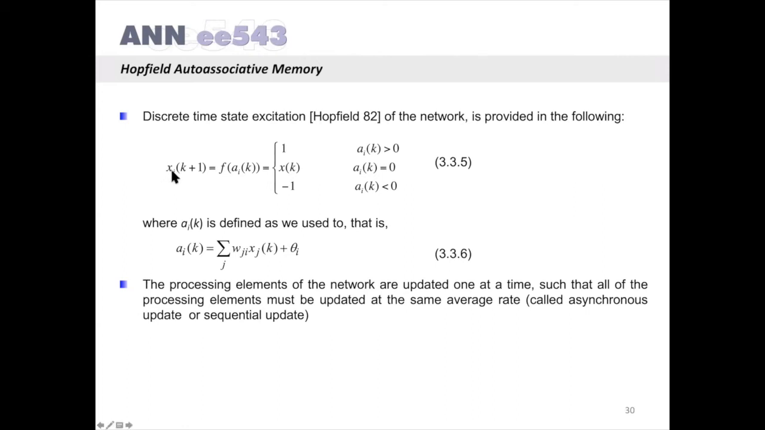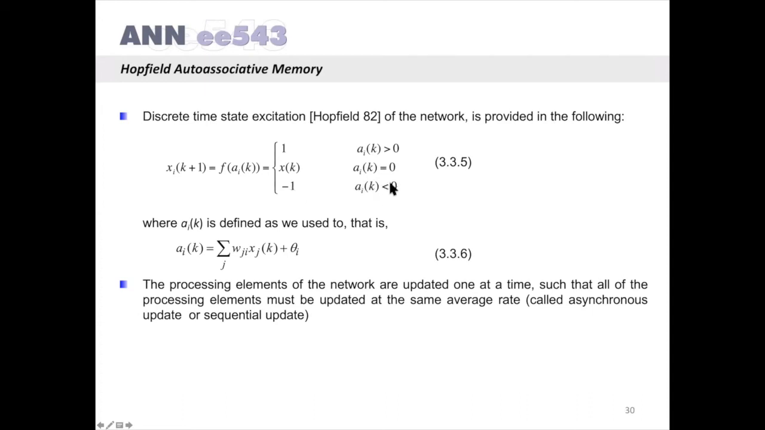It is defined as the output value of the ith neuron in the state vector at time k plus 1, so for the next time, is equal to the function f applied on the activation value of the neuron i at time k, which is defined as: the output value is 1 if the activation of the ith neuron at time k is greater than 0. It remains the same if the activation of that neuron at time k is equal to 0, and it is assigned value -1 if the activation of that neuron is less than 0,